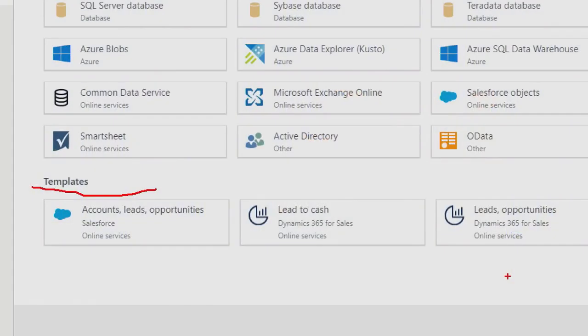What we have done here is make some of these prepackaged templates available that bring certain areas of data in, in this case for BI purposes. For Dynamics 365, the data underneath is described in the common data model, so if I pick one of those templates, it would allow you, in a single click, to bring certain subsets of sales engagement related entities or customer service related entities into your workspace here.